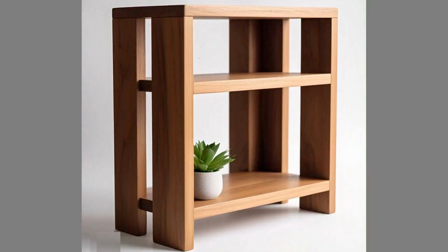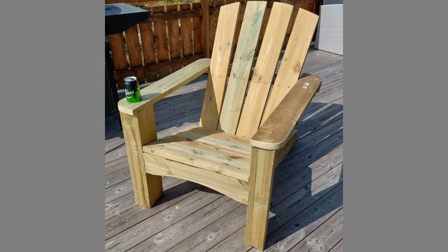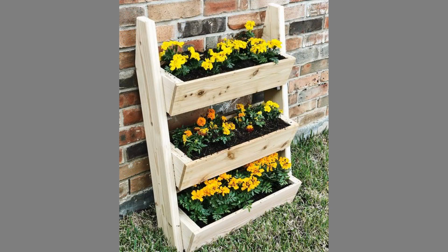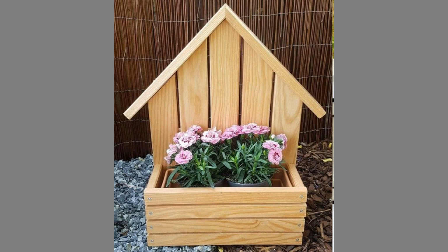Moreover, wooden crafts can serve as conversation starters and focal points within a space. Unique or artistically designed wooden pieces can draw attention and spark interest, encouraging guests to engage and inquire about their origins or stories. This aspect of wooden crafts can help create a sense of community and connection, as sharing the narrative behind a piece can foster conversations and deepen relationships. The stories associated with handcrafted wooden items can add emotional depth to a home, transforming mere decor into cherished artifacts